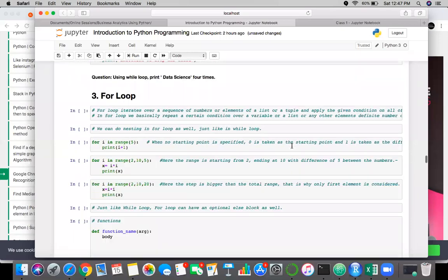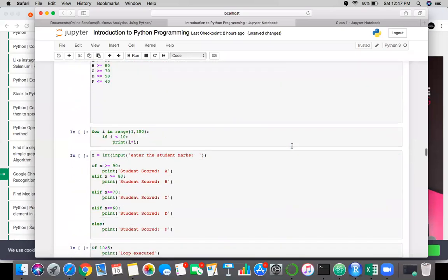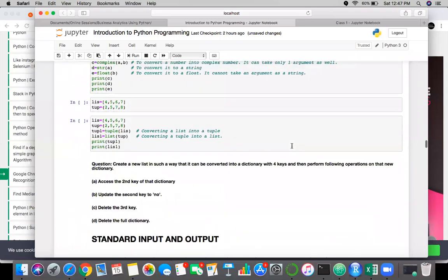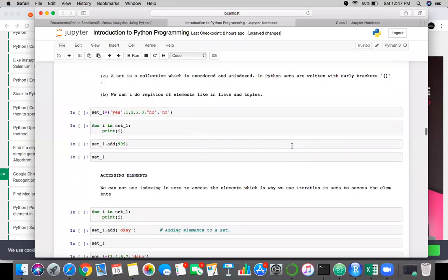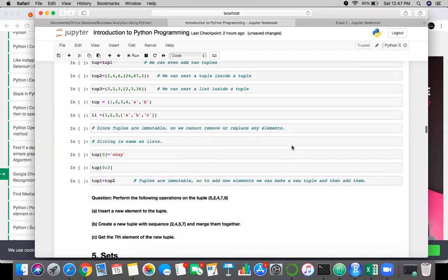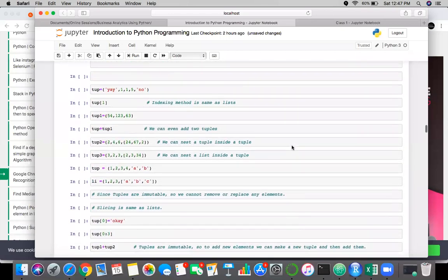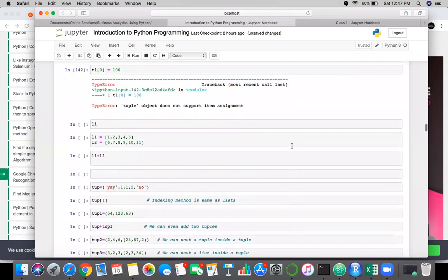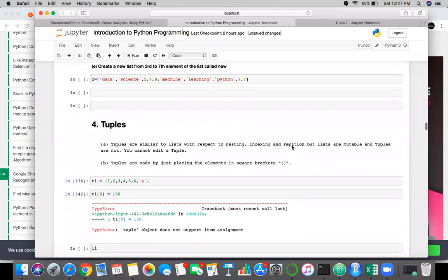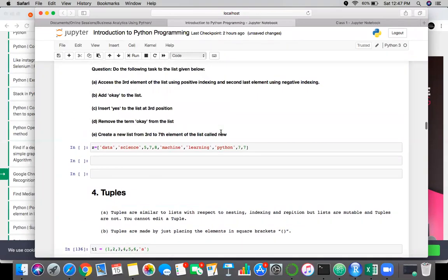Fine, so we saw tuple, and whether you talk about tuple or list, you can perform mathematical operations in that. We'll keep it till here today, and in tomorrow's session